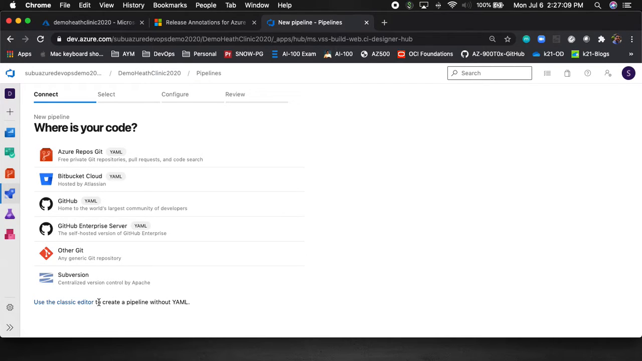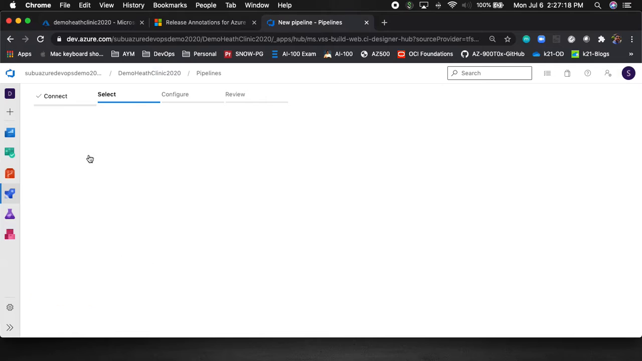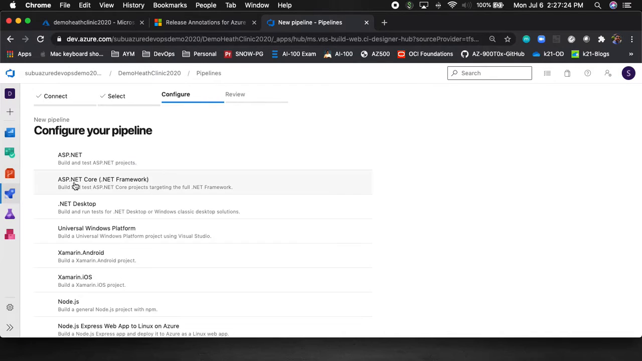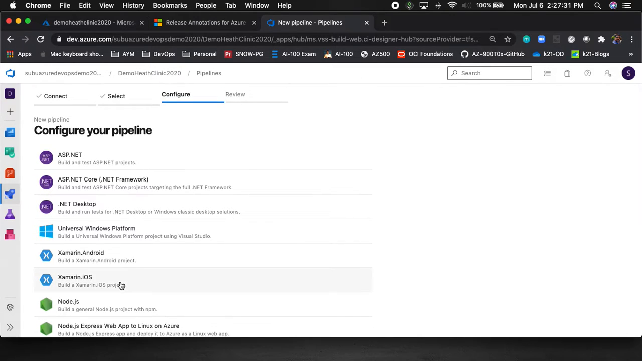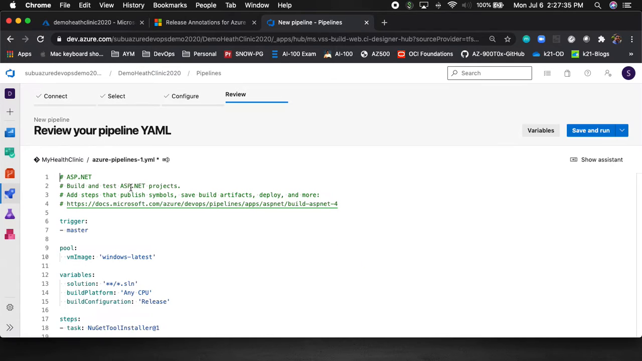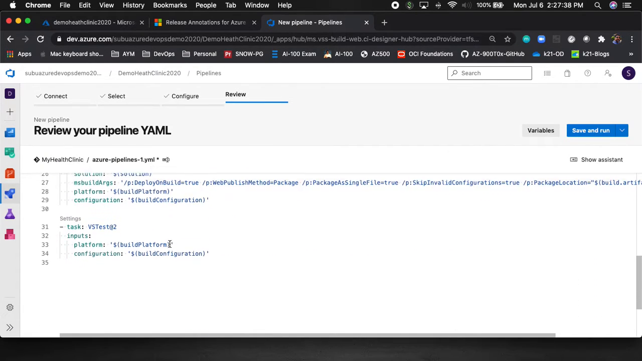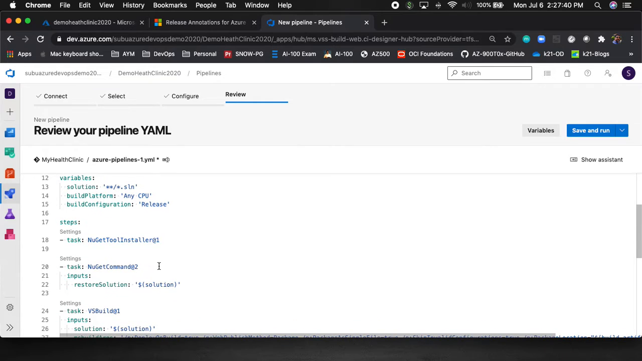And this is a classic editor if you wanted to create it without YAML, but I'm creating it only with the help of YAML now. So I'm choosing this option of Azure Git. Okay, and this is going to be my repository under Azure Git. I'm choosing it. So it is analyzing what your project is going to be, and I'm saying my project is going to be an ASP.NET project. So I'm clicking on this ASP.NET project, and now if you see,